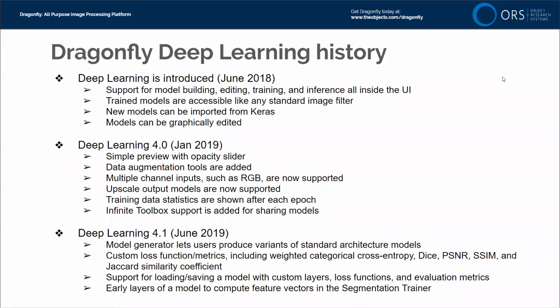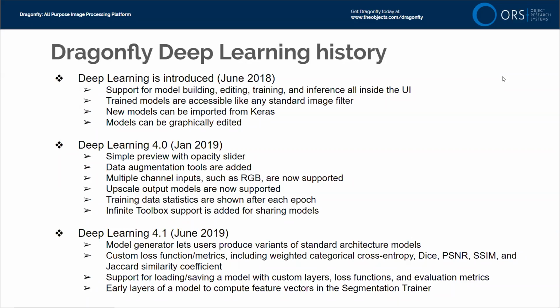Now, as I showed in the super resolution discussion, you can upscale, or I don't know if you want to use the word upscale or downscale, but you can have different resolution or different dimension or matrix size for the input and output. So that was made possible in that release. And we also started reporting training data statistics after each epoch, so you can monitor and see if your cost function or your loss function is falling, so you can get a good idea of the progress of your training. We also made it possible for you to share models in Infinite Toolbox. So if you have a trained model and you've published on it and you want other people to use it, then they can. We're going to actually talk about the advantage of that when we talk about transfer learning in